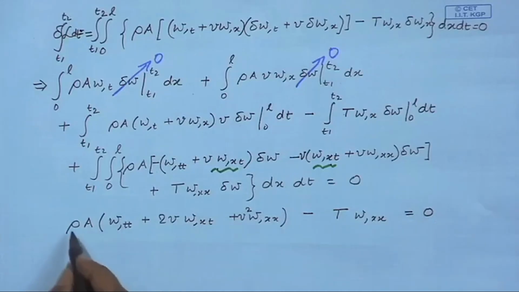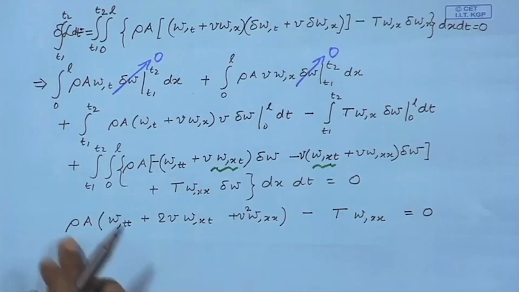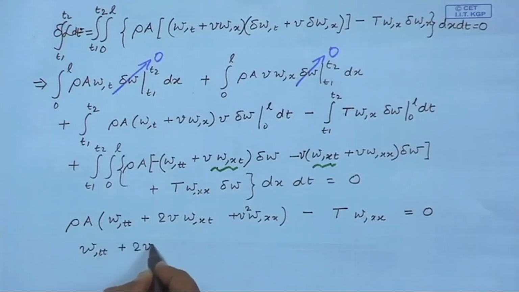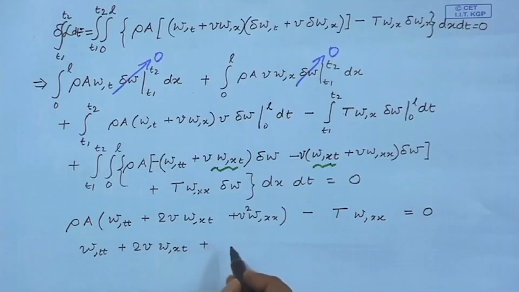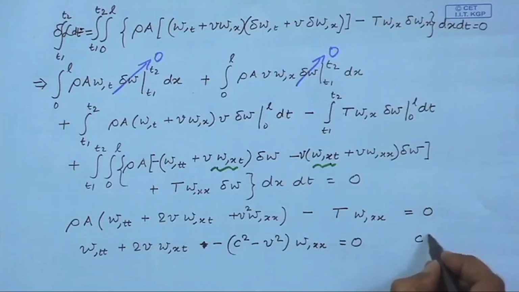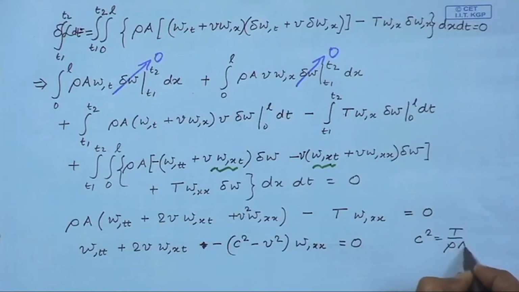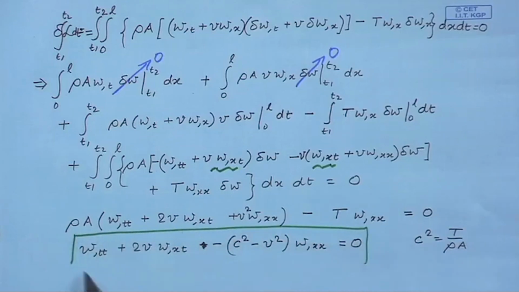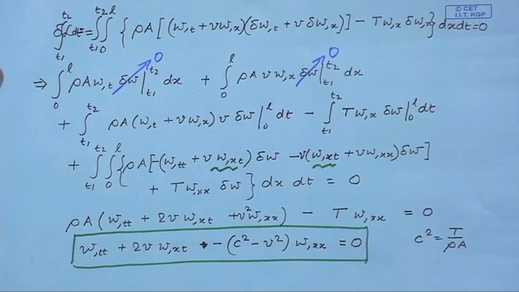Now, this can be simplified by dividing by rho A, and I will write it like this, where c square is